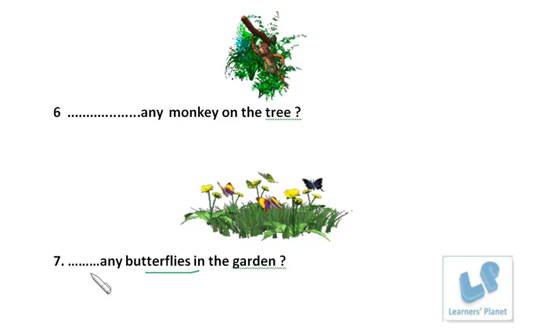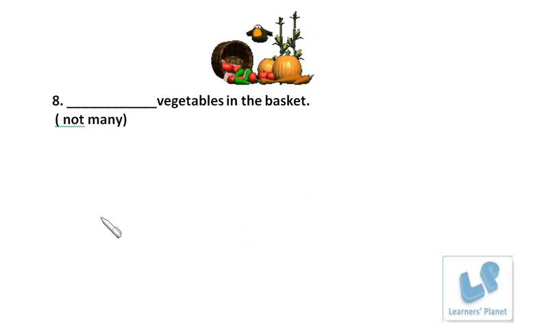Okay, so once again pause the session, rewrite and speak out all the sentences at least 2 to 3 times. Okay, one more we have. Not many vegetables in the basket. There are not many vegetables in the basket. Okay,